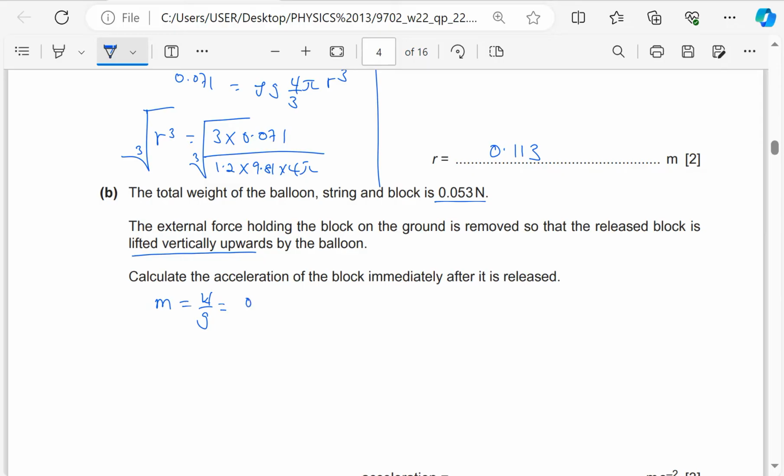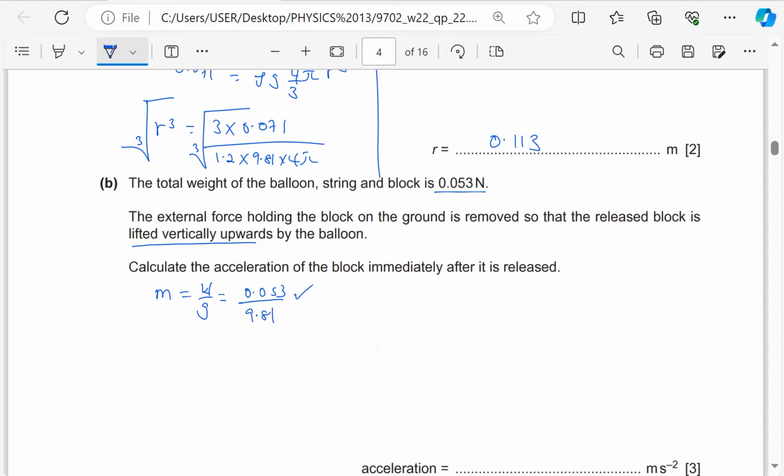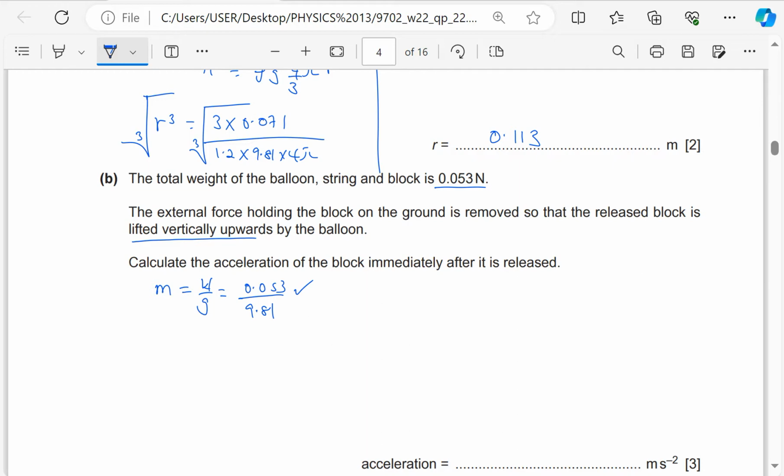They gave us the weight as 0.053 divided by g, which is 9.81. So this is giving us the mass. So we need to find the resultant force which causes an acceleration upwards. Remember, the upthrust is upwards and the weight is acting downwards. So the resultant force,